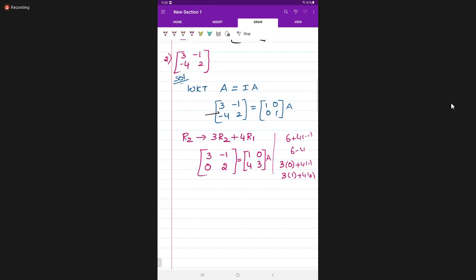But suppose some students feel it is difficult, so just 1 or 2 steps, the first and second, if you write it, there is no need to do the remaining part. We are telling you that 1 mark will come. It is a 3 marks question. In this PU, the sum of symmetric and skew symmetric is the first option and the second one is inverse. These 2 questions are the most important for 3 marks. Sum of symmetric and skew symmetric you will easily get 3 marks for. For the last bottom students, this is the first time explanation.